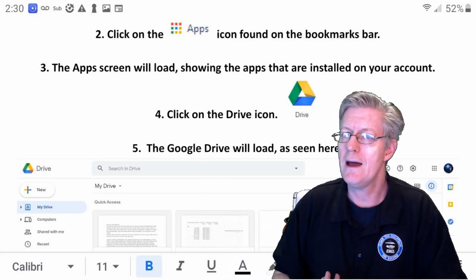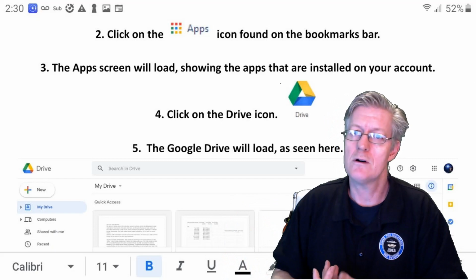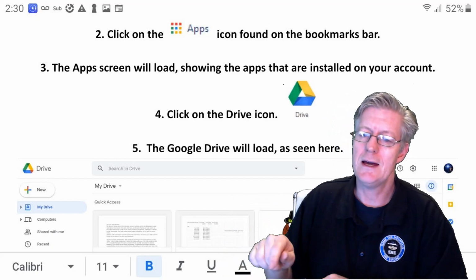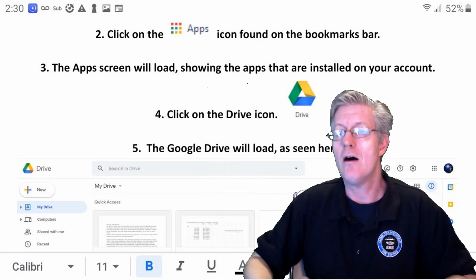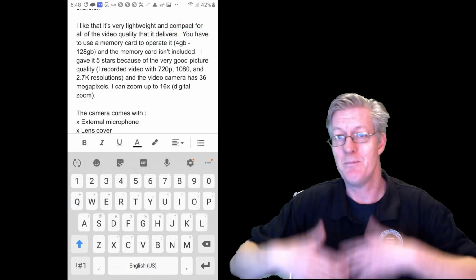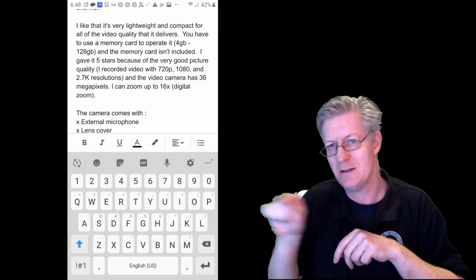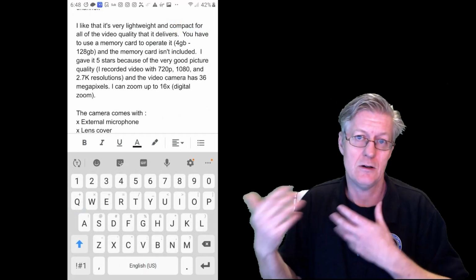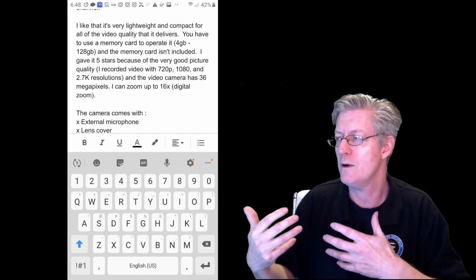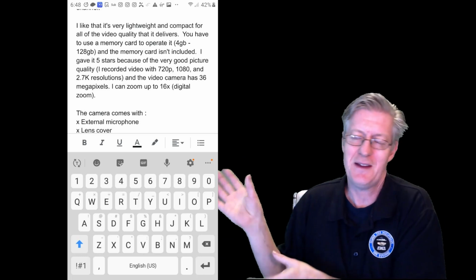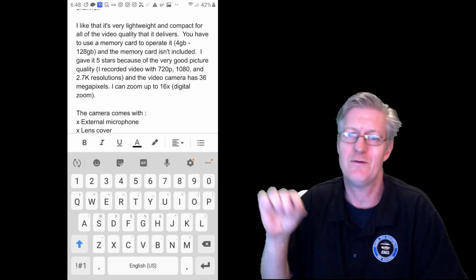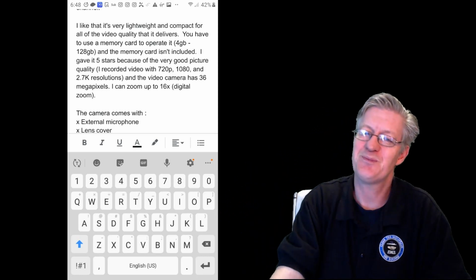If you don't have a Bluetooth keyboard, if you press and hold on the document, an on-screen keyboard will magically appear, and then you can tap in and begin typing your letter, your work that way. The problem is the keyboard takes up most of your screen, and then there's very little space for your actual workspace there.